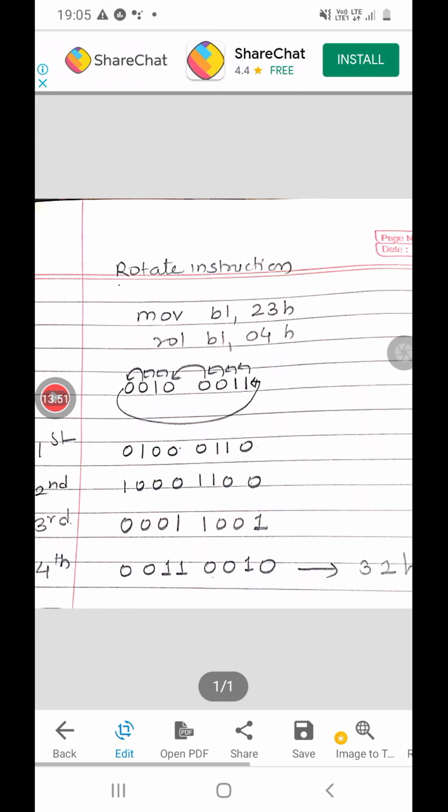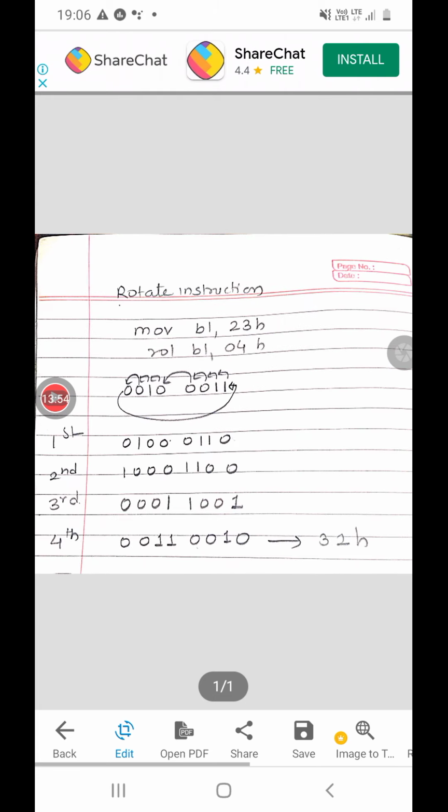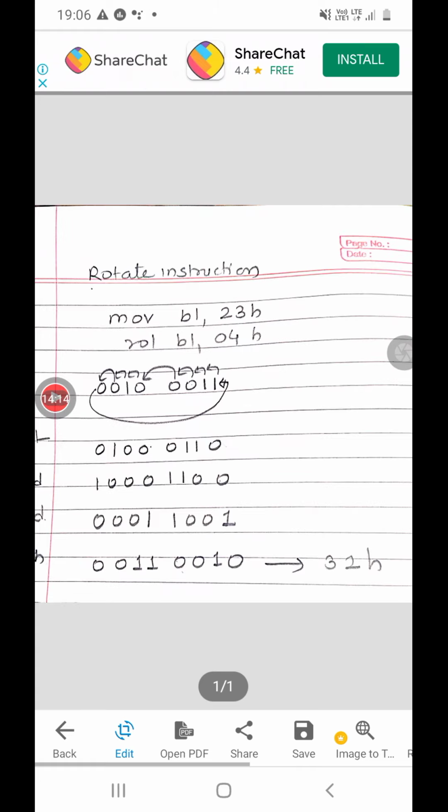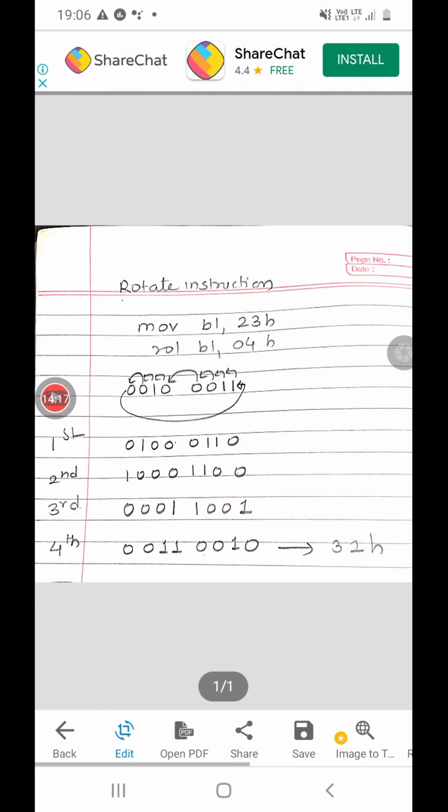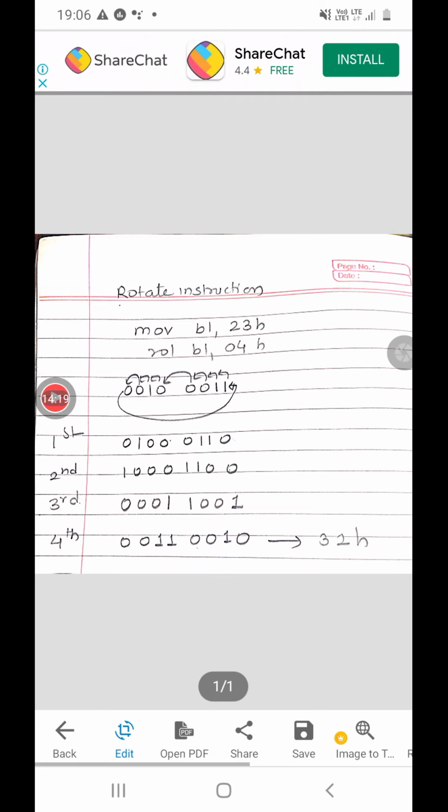It is a bitwise ANDing. If you AND this, you will get the value 02H. That means from 32 only the 2 gets separated. Then you will check whether it is less than or equal to 9. If it is, you will add 30H to it, so it becomes 32H, and this 32H I will store in the result array. Now the first number 2 has been converted into its ASCII and stored in the array.